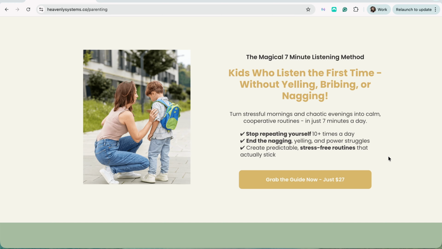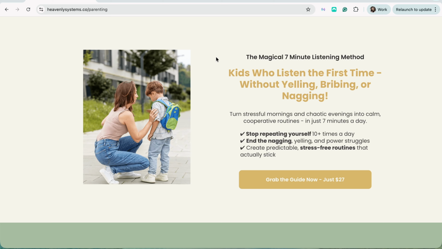Otherwise, they are gone. So you really want to make sure that you nail this section, and it might take you a while and you might have to come back to it, and that's fine because it is that important. So the content of this section is usually some sort of an image. I like to have it here on the left-hand side. You could also make it as the background and then fade it over. If it is a clear product, you can have a mock-up here of an iPad or book or whatever it is. And then you want to make sure that this headline is really sticking into the eye